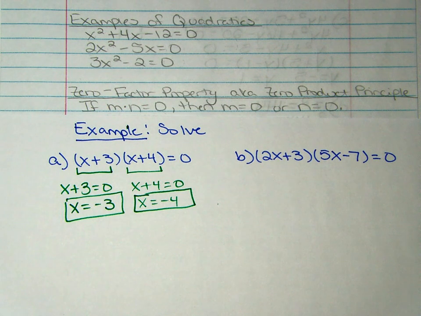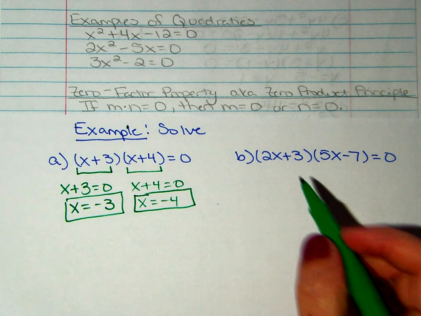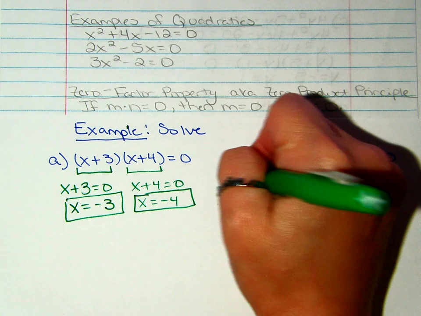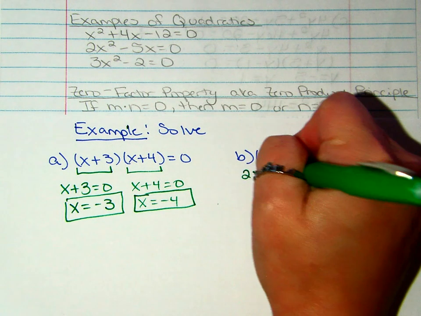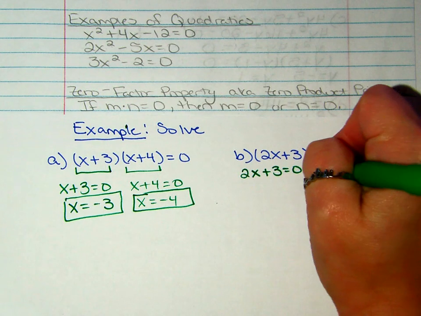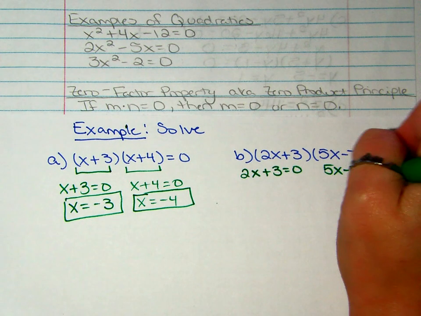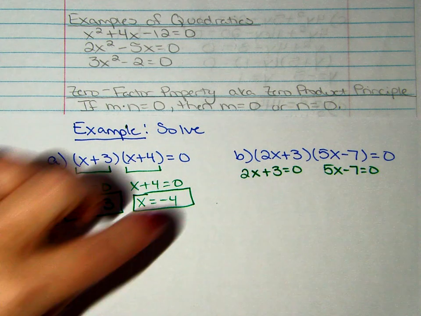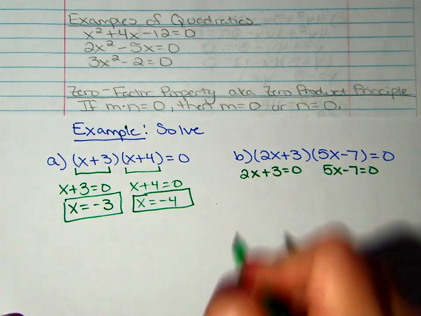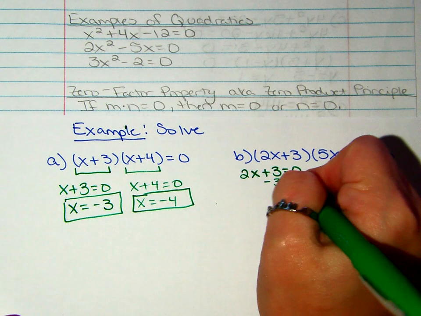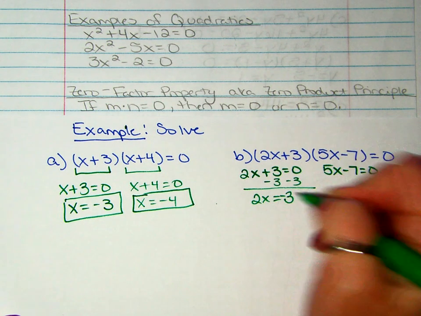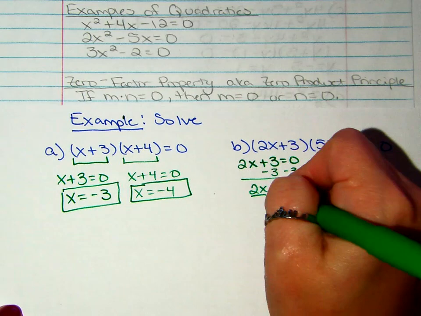Now, obviously, the binomials themselves are a little bit more complicated. We have a 2x plus 3, and we have a 5x minus 7. Again, though, we're going to set each of our binomials equal to 0, and then we will solve them. The whole goal when we are solving these is to get our variable by itself. So for the 2x plus 3 equals 0, the first thing I'm going to do is subtract the 3, giving me a 2x equals negative 3. Then I would divide both sides by 2,